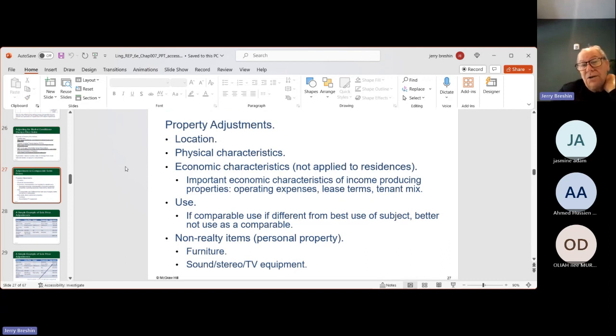Okay, why would you adjust? Why is it necessary to adjust? Well, maybe a home is located in one area and a similar one, but it's located a few streets over. And each location might be different. One home, two homes are very much the same, but one is closer to a school and another is 5 or 6 streets away from the school.